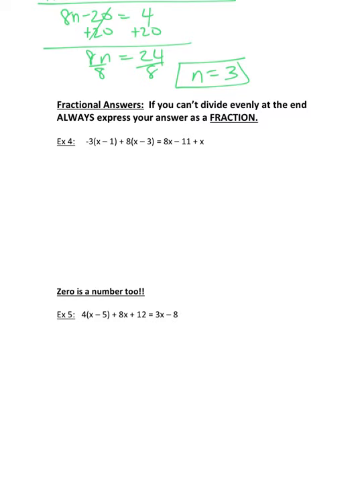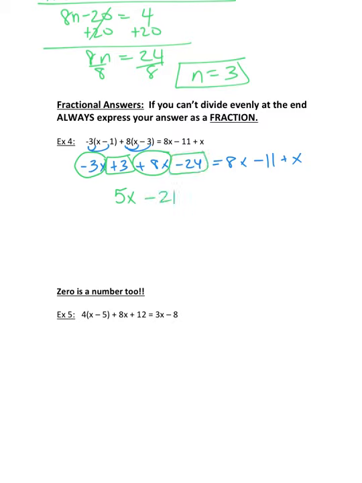I will start by, I have the distributive property in 2 places. So I'm going to have negative 3x plus 3, because negative 3 times negative 1 is positive 3, plus 8x minus 24. And I'm going to copy down the rest of the equation. You have like terms to be combined. Negative 3x and positive 3x, positive 8x is 5x. Positive 3 and negative 24 is going to give us negative 21. Copy everything. Actually, before I copy on the right-hand side, I can combine,